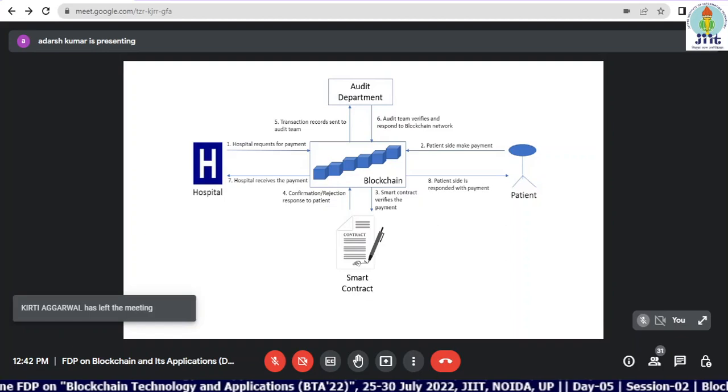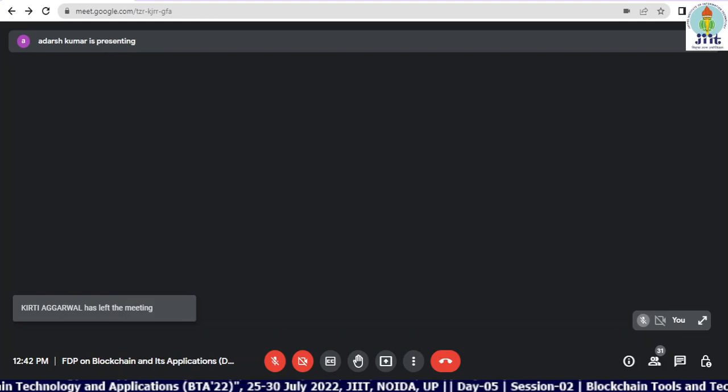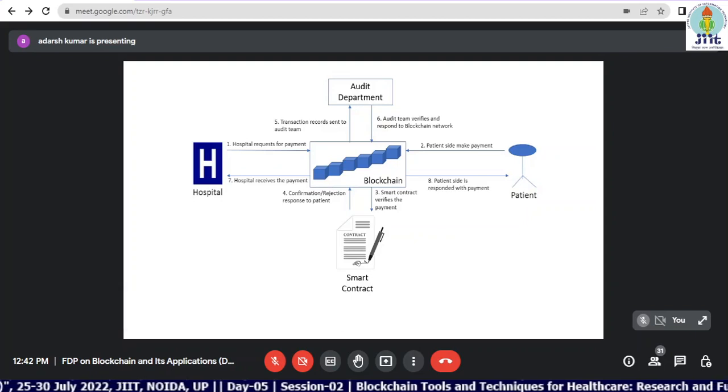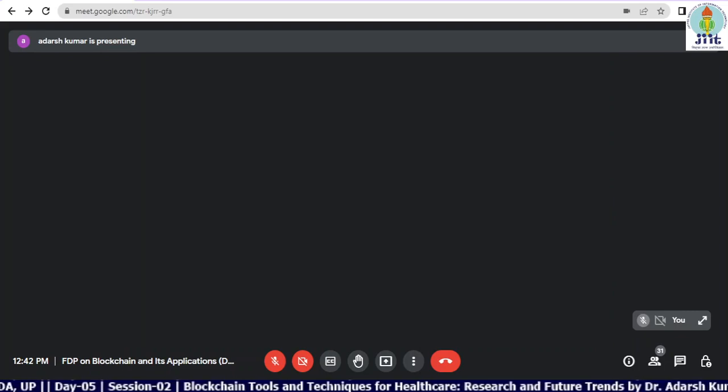Hospitals right now are more looking for the money first, then the treatment. But with this, they will have more trust in the system, that if they give the right treatment to the patient, then they will get the right amount at the right time also. So the hospital will have more patients, and so they will give better treatment, right? Likewise, there are many other use cases which we can discuss here, right? Another one is if a new patient is coming to a hospital, then how the patient will be handled, right?